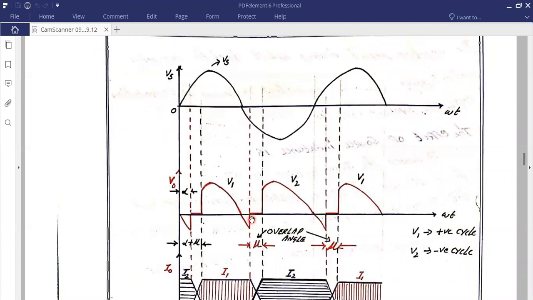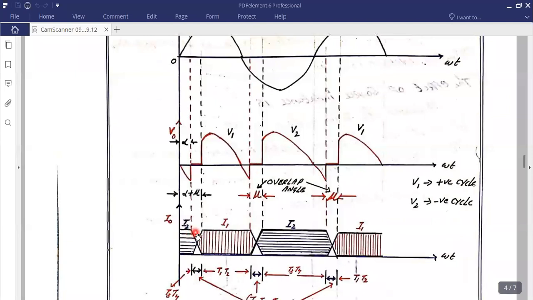But what is going to happen due to the presence of the inductance is that the current is going to be here. You can observe the output current wave. The current provided for different devices is I1 and I2. What is this I1? I1 is simply the current flowing through T1 and T2. I2 is the current flowing through T3 and T4. The total current, whenever you consider it, is I naught.